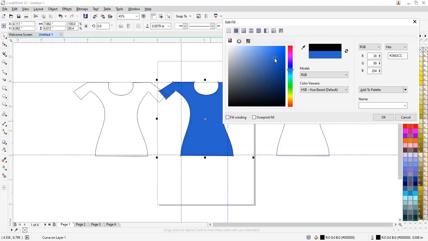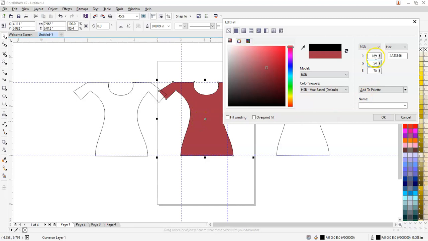So since I had noted down these colors, what I do is I just come on this red and type 163. Then I come here, and what was the mixture? 54, and here it was 70. So I get the exact shade which was applied before. This was the shade which I had created.